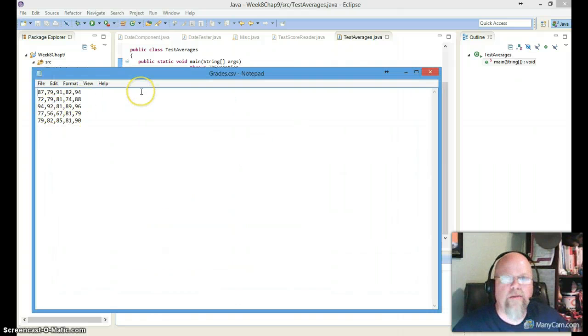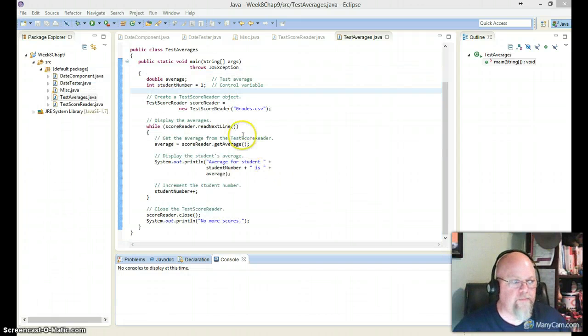So basically what a comma delimited file is, meaning that here we have a line with a new line at the end. So that's one record, another record, another record, another record, another record. And it's comma delimited, meaning each field is separated by a comma. Okay? So we're going to read a line, and then we're going to get the average. Remember, we did the tokenize, where we tokenized it into an array by comma. So if we run this guy,